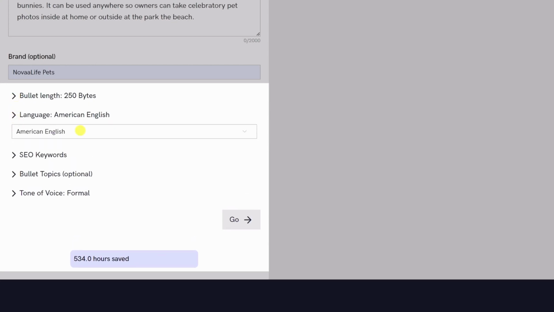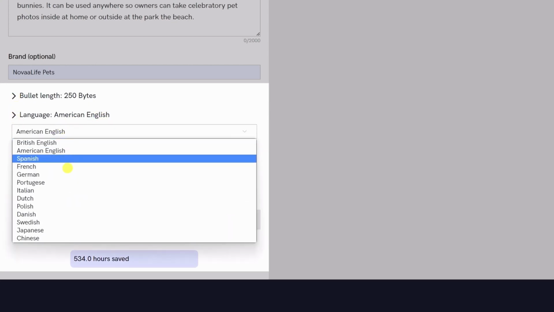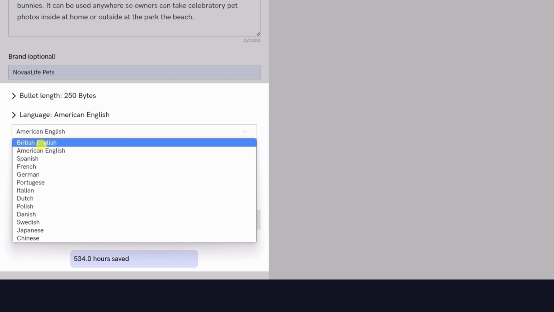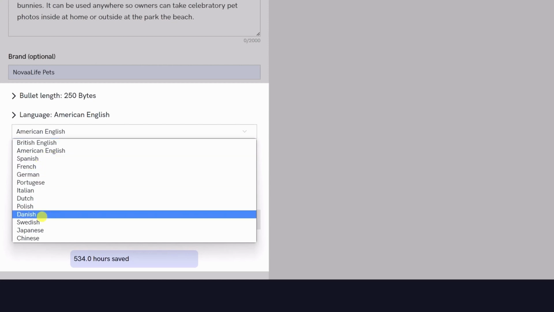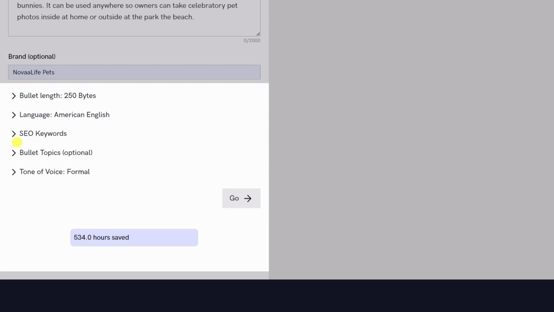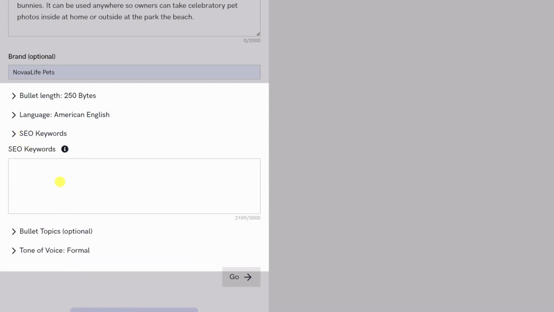And this is one of the biggest benefits here: you can actually translate your full listing using this AI. Now we would use American English here, but you could use British if you're expanding to UK, or Spanish, French, German, etc. SEO keywords. This is very important, and you want to put in your very best keywords in order